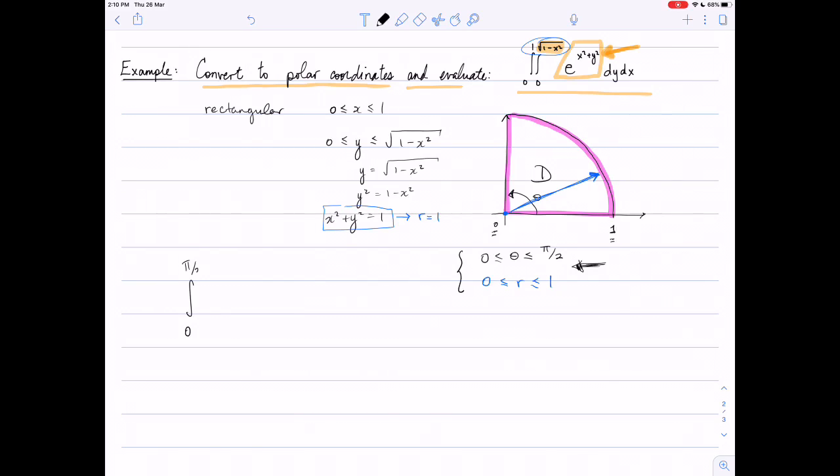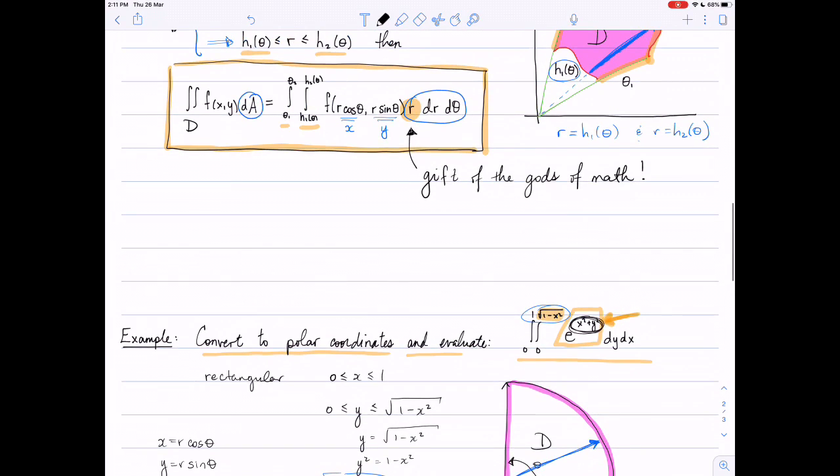So 0 to pi over 2 of 0 to 1 of e to the, and then we have to look on the inside, right? X squared plus y squared. We could go into our formulas, x is r cos theta, y is r sine theta, and plug those in and simplify. But it's so much easier just to say that we've got this third formula, x squared plus y squared is equal to r squared. So e to the r squared,